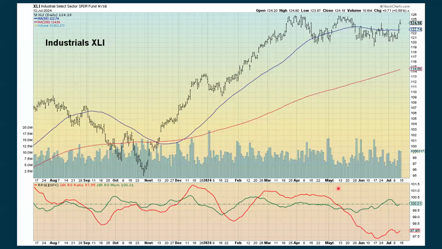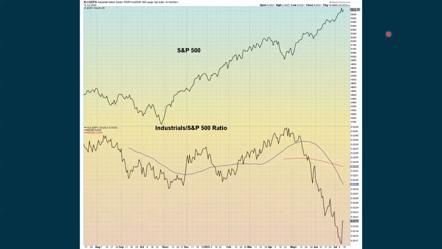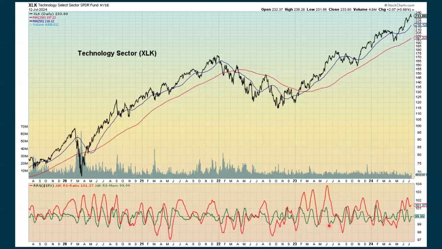Industrials, which are showing a little bit of an improvement with momentum and negative, but looking a little better with the relative strength, coming back and able to get above its 50-day moving average, but on a ratio basis continues to really underperform the S&P. The tech sector, this has been one of the stronger areas, even though it pulled back a bit on Thursday and Friday, but still in a really solid uptrend.